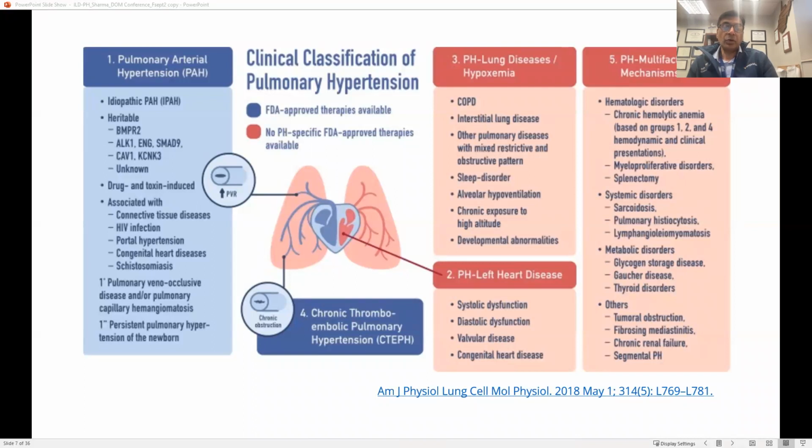The other reason why we were focused on that was that there are 12 FDA-approved medications now to treat group 1 pulmonary hypertension. The only other group for which any treatment option is available is group 4, which is CTEPH. Now, don't get me wrong, the gold standard treatment for CTEPH, or group 4, still remains surgery. But if surgery is not an option, then there's an FDA-approved medication called Adempas, or riociguat, which is available. But apart from these 2, for all the rest of the groups, there was no treatment available except to treat the underlying